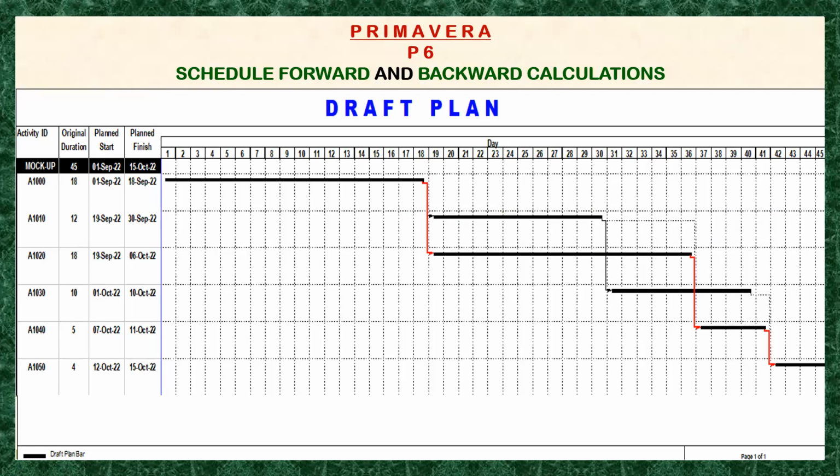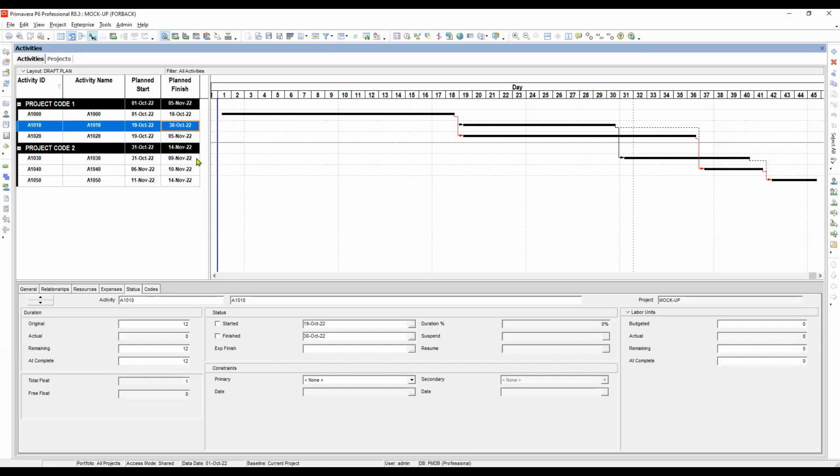Nowadays, schedule calculation is not really a worry because Primavera P6 will do a lot for the schedulers, for planners, and also for project managers. So, okay, let's do it. Let's compare now. Now we will go to Primavera again. Let's compare or establish a